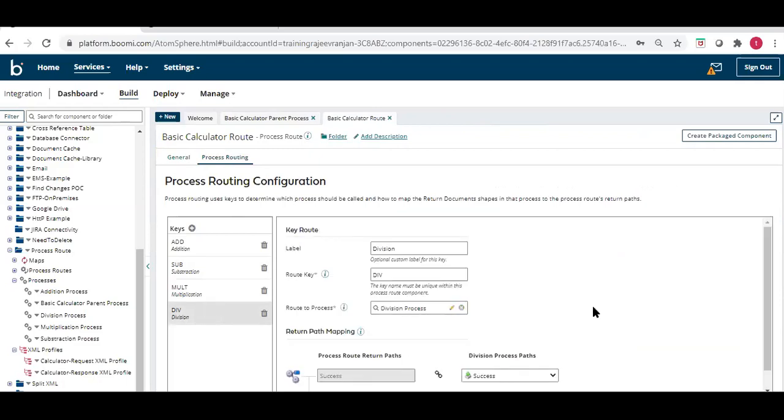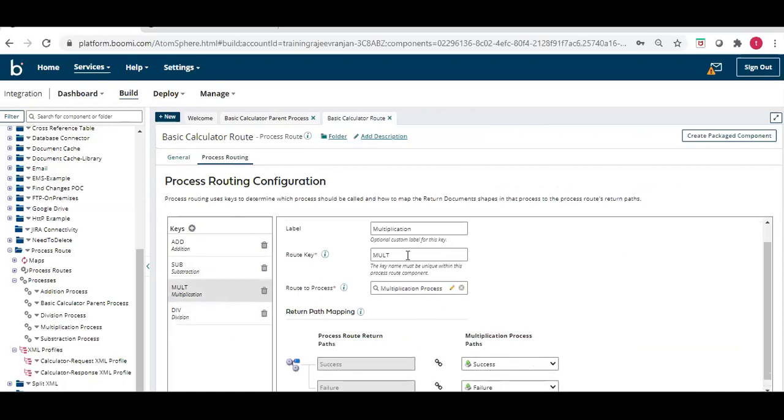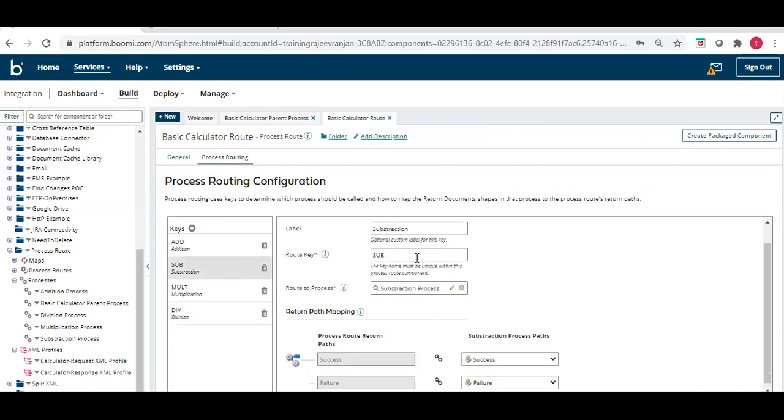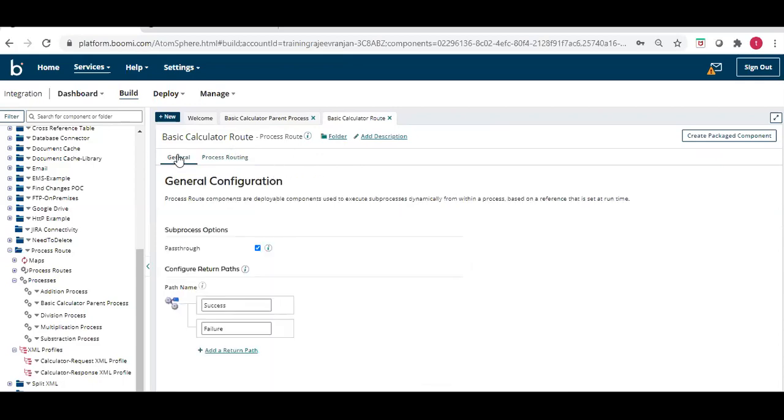Yes, so this is for the division, success, failure; the multiplication, success, failure; subtraction, success, failure; and the addition, success, failure. So for each path, the route to process and route key are all configured here. So now we are done with the process route component configurations.